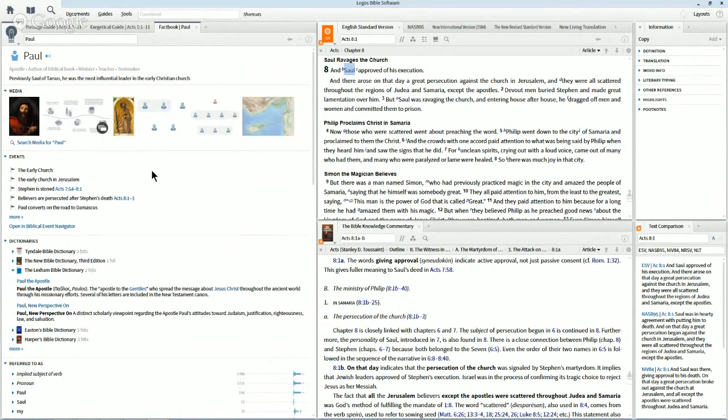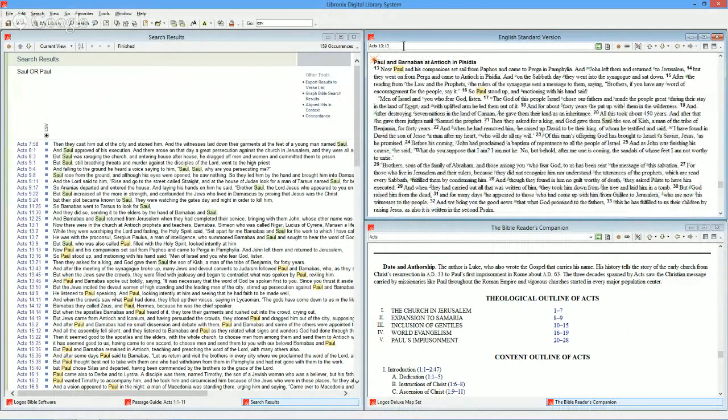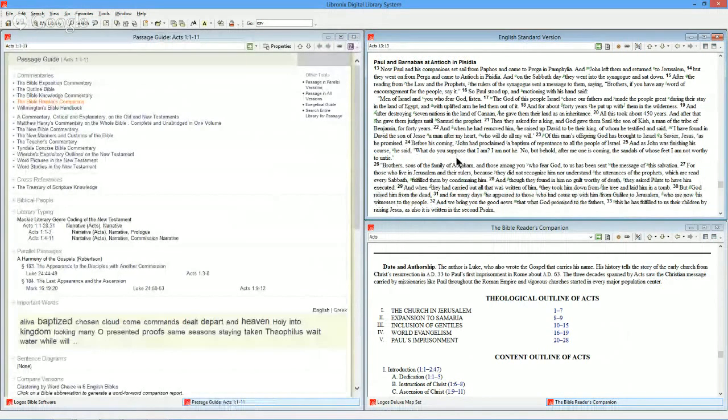All right, moving back over to Libronix. Let's see, refer to my notes here. Okay, we're going to jump into kind of the next section of the narrative here. In Acts 13, once Paul converts, you see him going all over from place to place. And in 13:13, Paul and his companions come to Perga,